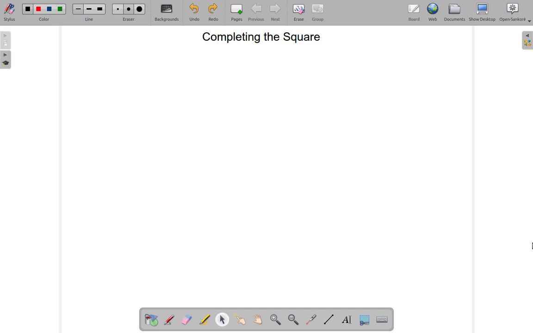Completing the square. Now, I know that there's a method that you use in completing the square, but you'll have to practice it a lot in order to remember that method, and it's one of the most difficult topics in maths. Alright, trying to remember how to do the completing the square. But let's look at it